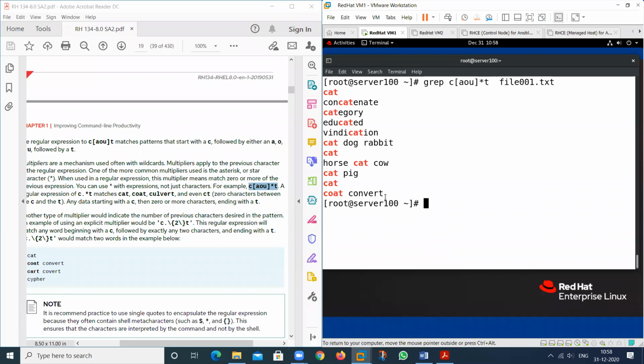CAU, CAU, then star. If not, print the whole thing that I want.